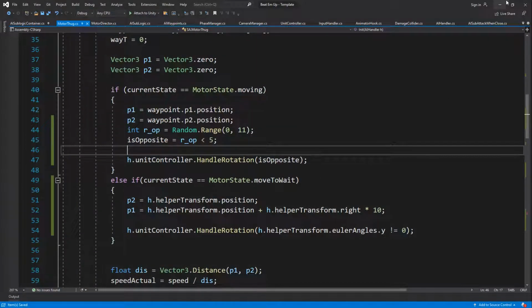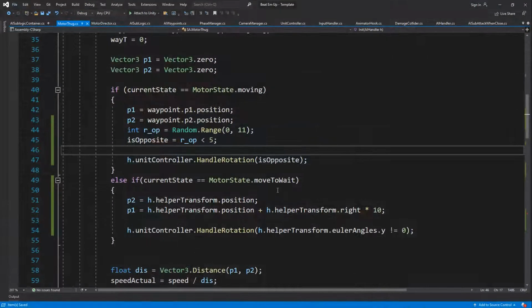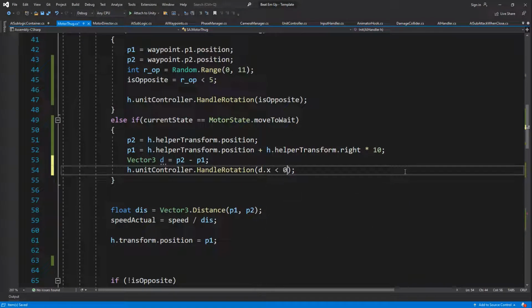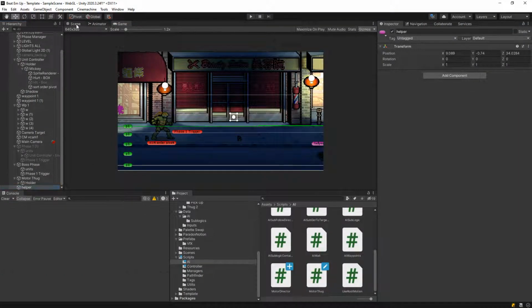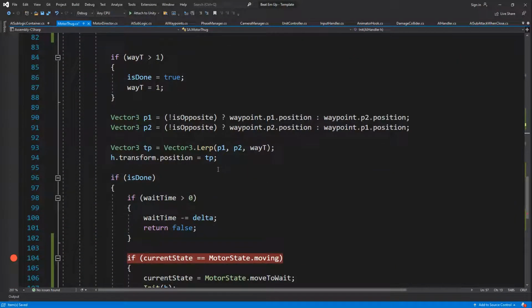Okay, so let's try that again. First of all, helper angles. Okay, the helper should not just change, I guess. Okay, so for this one we could just do vector 3 direction p2 minus p1 and d dot x. If it's less than 0, look to the left. Okay, let's do by 3. That's right. Vector 3 the distance, then all down here. Okay, that's kind of the